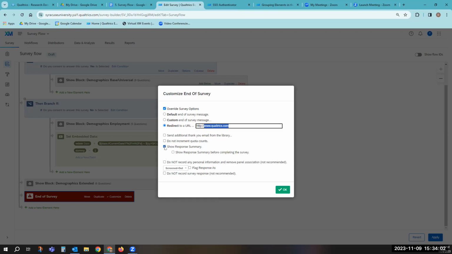You show the user response summary. You show before completing the survey. That's like when you get to the very end. Do not record any personal information and remove panel association. Not recommended. That is if you have a really sensitive survey, if you're sending it out